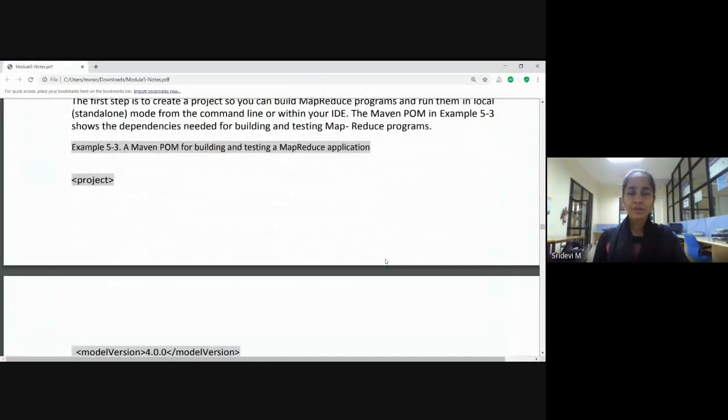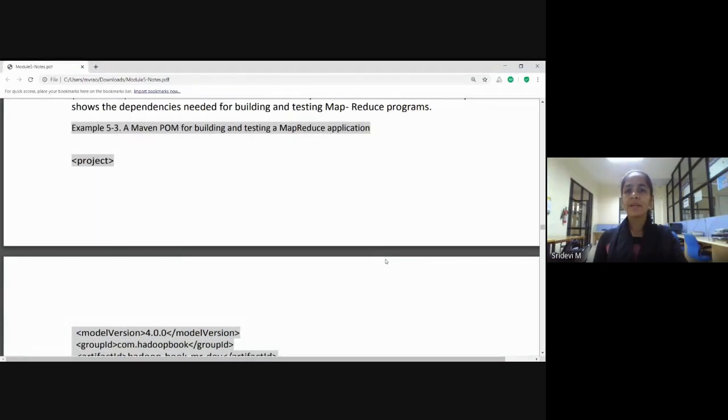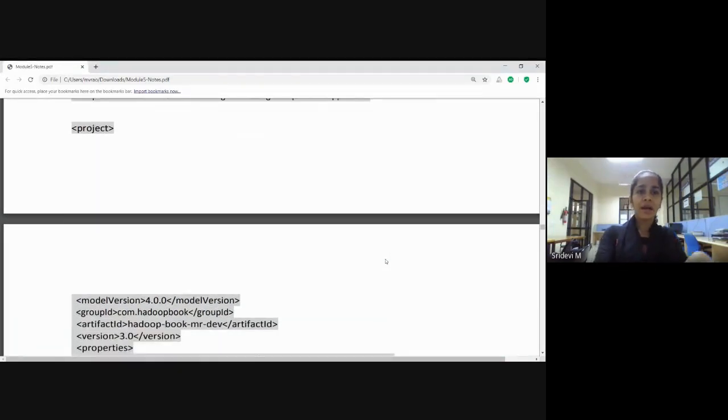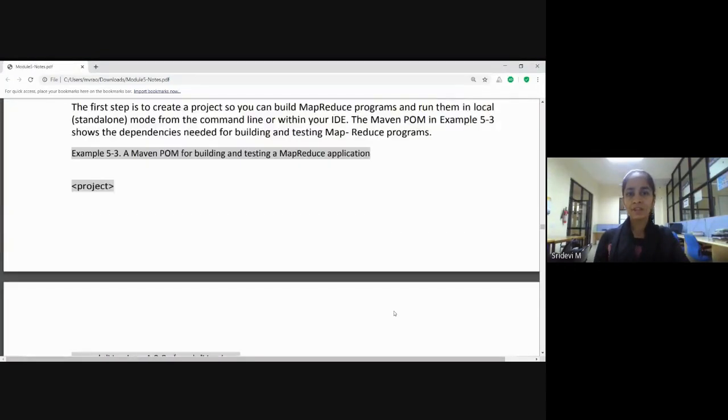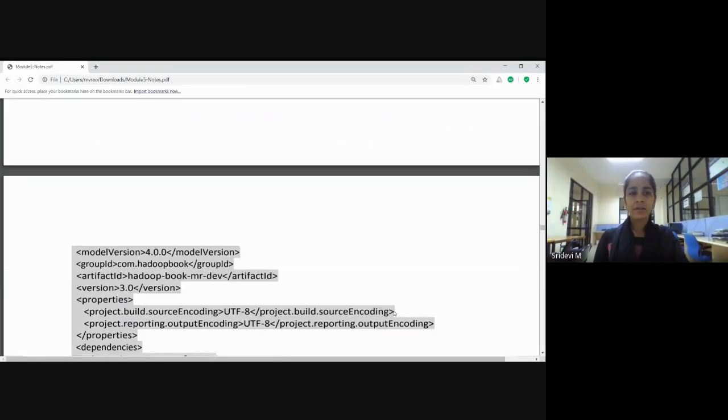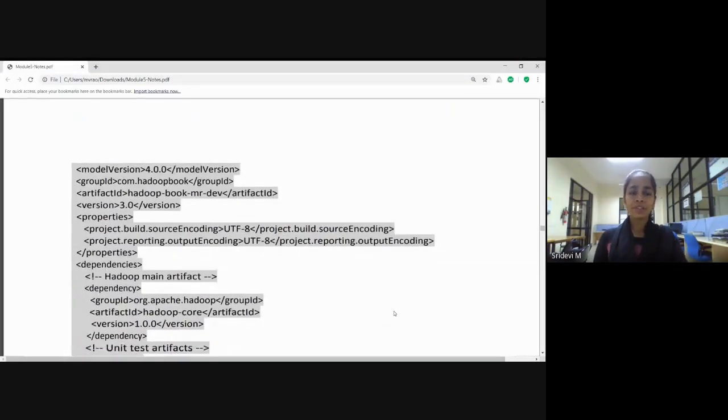Okay, now we are going to see a Maven POM for building and testing a MapReduce application. You start with the project tag, and then model version and group ID, which are common. Then the artifact ID, in the third line: you give hadoop-book-mr-dev, indicating that you are going to develop a Maven project which uses MapReduce programs.